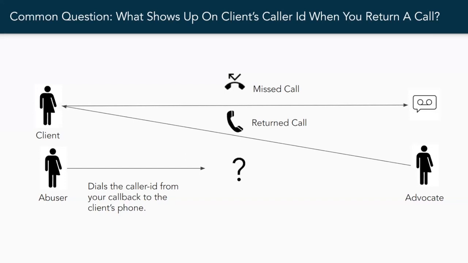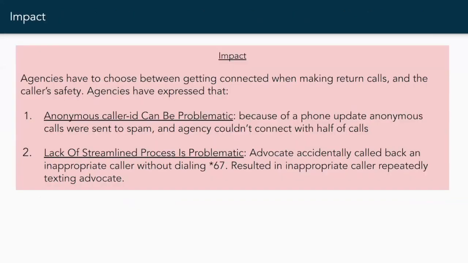And a lot of the times organizations might use anonymizing the advocate's number so that if an abuser were to look at the survivor's phone, they wouldn't be able to see that the survivor had reached out for services. And if the abuser went through the survivor's phone and dialed the caller ID from the callback, they also wouldn't immediately learn that the survivor had reached out for services if somebody answered and said, "Thank you for calling Domestic Violence Services." And basically, that would lead to unsafety for the survivor.